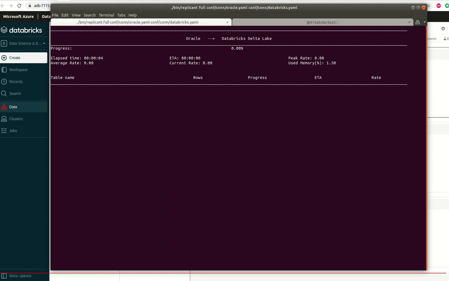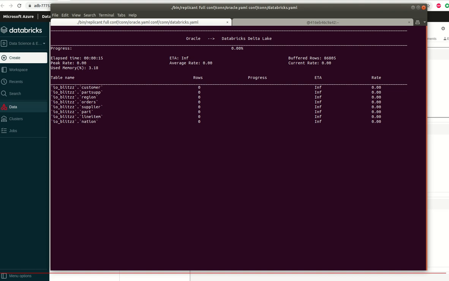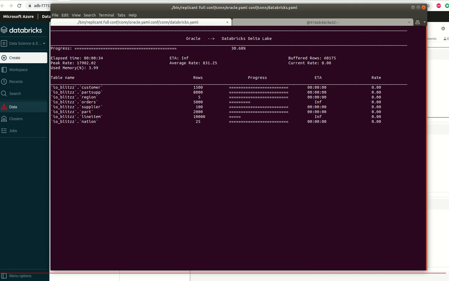So you can already see the dashboard. Here in this dashboard, progress of each table being replicated is shown, and at the top you see different indicators. We have elapsed time, which is basically how long Replicant has run, then the average rate, which is how many rows per second are being handled, then lag, which is the time between adding a row on source and adding a row on target, etc. Now you can see the snapshot is currently running by looking at the progress bar.